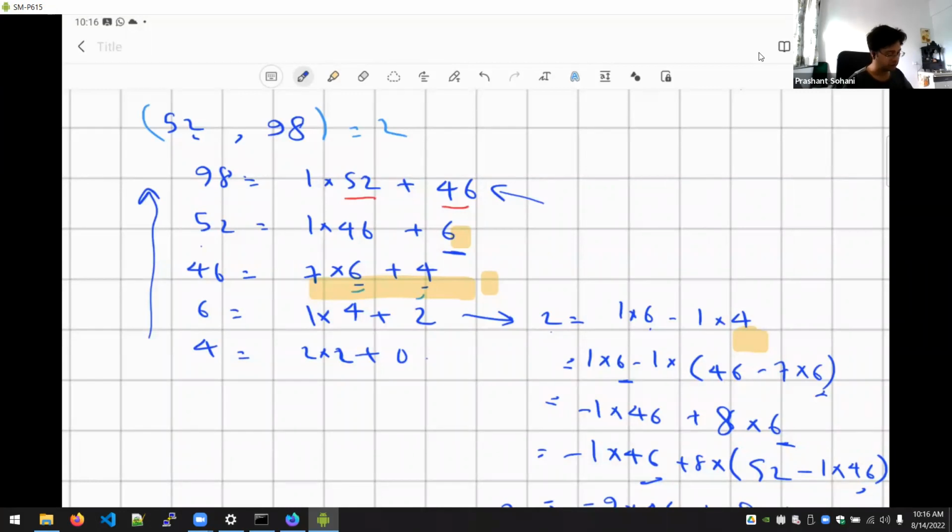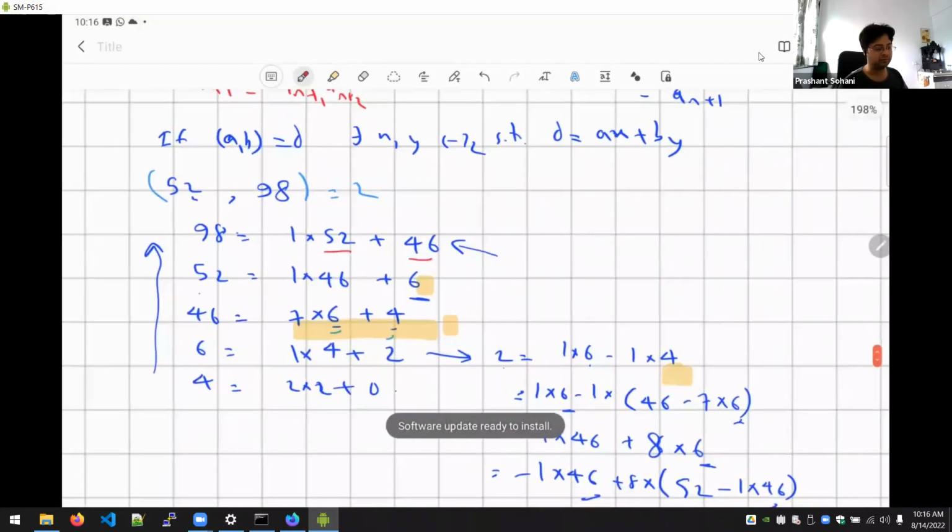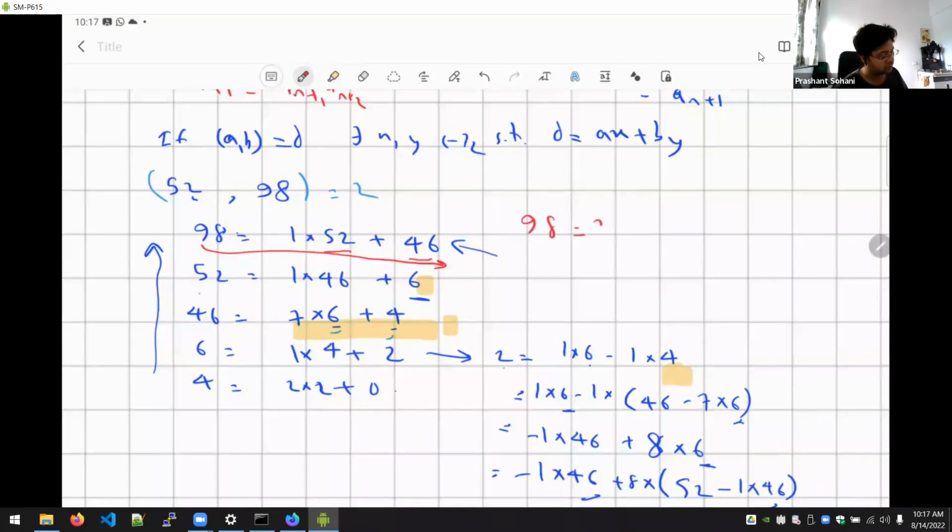This is one way to apply a division algorithm, but in an exam, you can be smart and save some time in calculation. For example, notice here, there was no reason to take the remainder as strictly lying between 0 and the divisor. What if I replace this first step with something different? Instead of writing 98 is 1 into 52 plus 46, 52 into 2, 104, is a much closer multiple to 98, which will get my modulus down much faster, right? So why don't I write 98 as 2 into 52 minus 6?